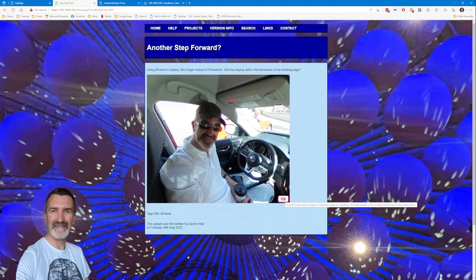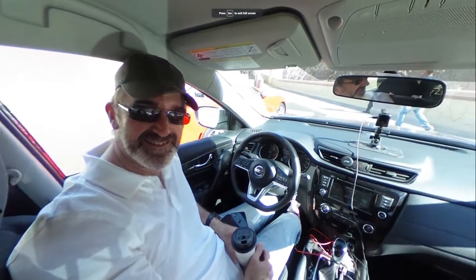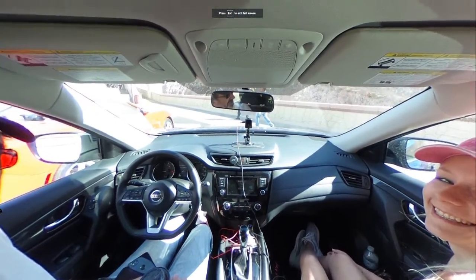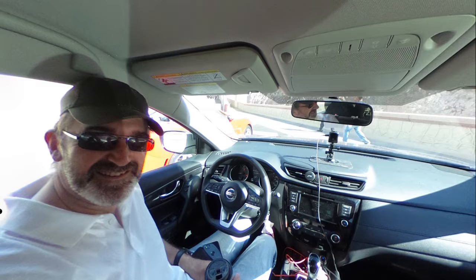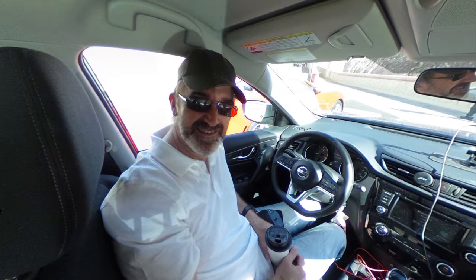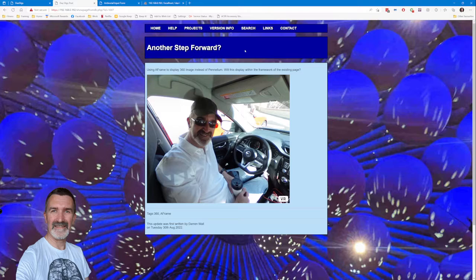I can also go into VR mode. That automatically fills the whole screen. And with A-frame, I don't currently have the zoom in and zoom out options, but that gives me that. As the message at the top said, you can either click on the X or press the escape key to